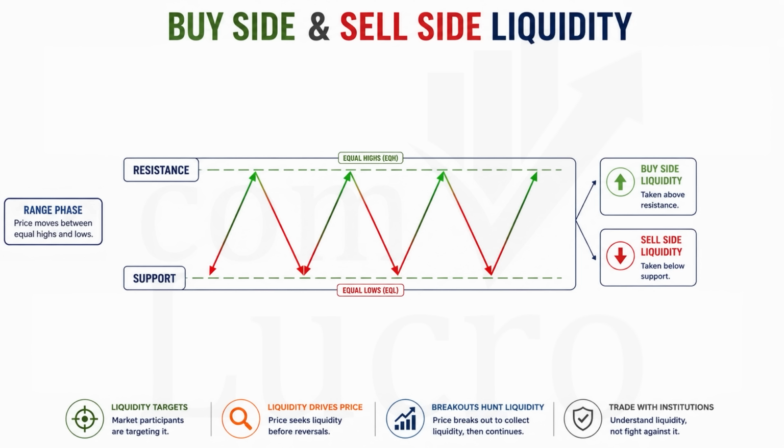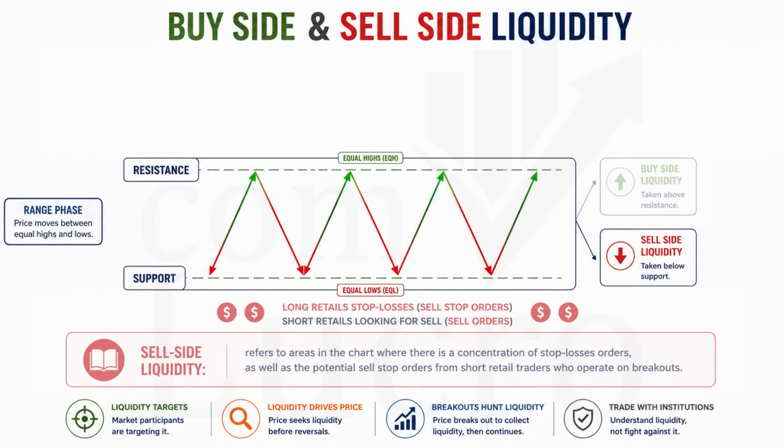continuation or reversal. Within these structures, we typically observe zones where price consistently reacts, forming areas of support below and resistance above. Retail traders typically look to buy when price approaches a lower boundary or a perceived support area, placing their stop losses just below it. This creates a concentration of orders beneath that zone, made up of the stop losses of buyers, ready to be triggered. In addition, it often includes sell stop orders from traders expecting a breakdown, believing price will continue lower once